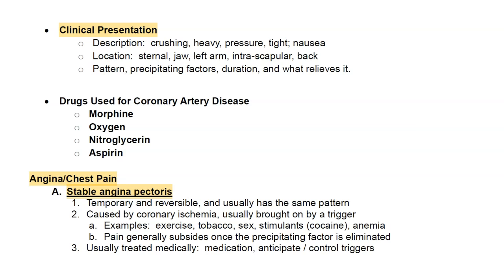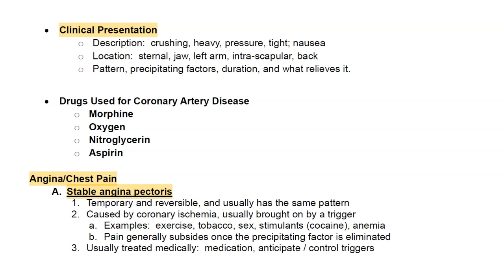Well, morphine actually helps with the blood flow by causing some relaxation of the vessels. It also helps with pain, and it also decreases the myocardial oxygen demand, thus making sure that the heart doesn't have to work as hard. And then oxygen is pretty much straightforward. Increasing the oxygen concentration helps as well, and makes sure that the tissue is not going to be dying or becoming